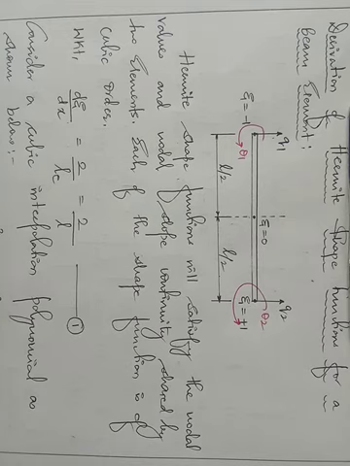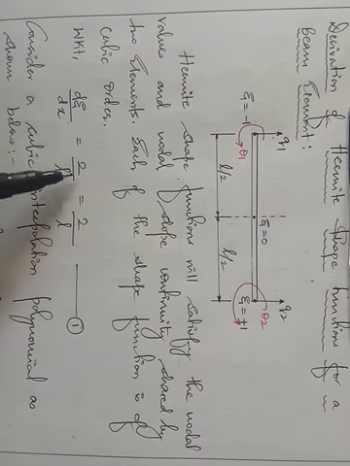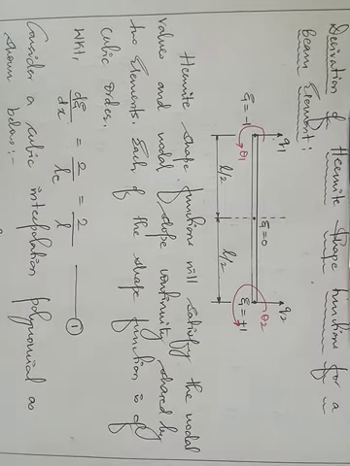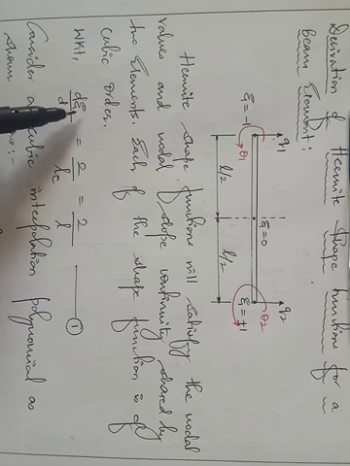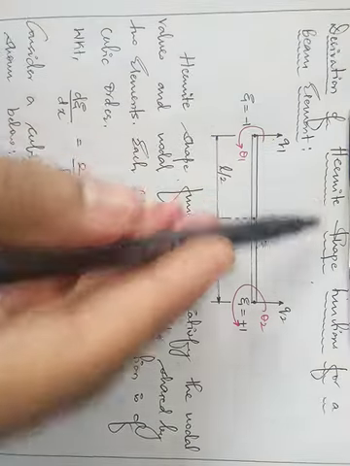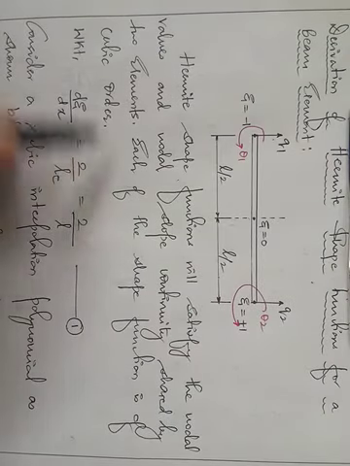Each of the shape functions is of cubic order. We will check that as we derive, and we will get to know that it is of cubic order. So my first step is d zeta by dx equal to 2 divided by Le, which is 2 by L. If I had not derived this previously, you may wonder why I have taken this directly. That is why in the previous step I derived d zeta by dx equal to 2 by L. In your examination you need not derive this. You can directly take this step while deriving the Hermite shape function. No need to show how this step has come.